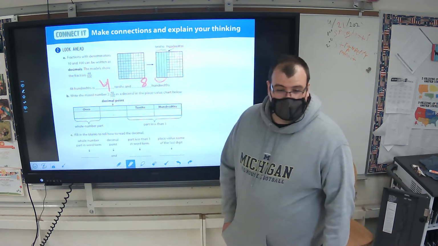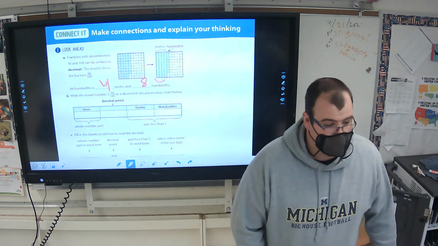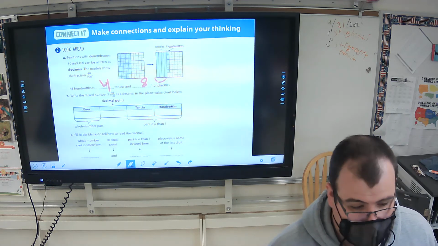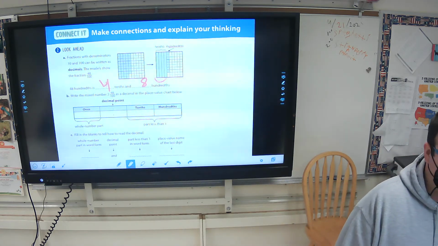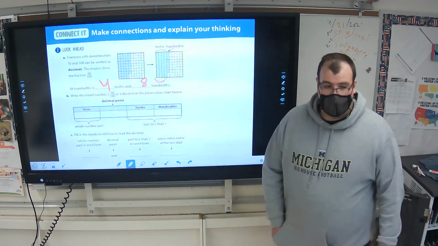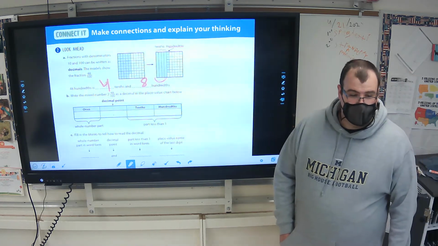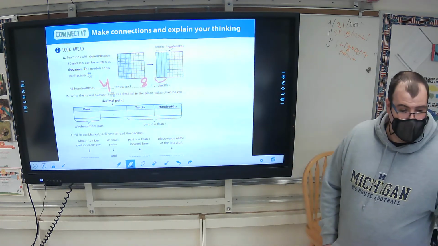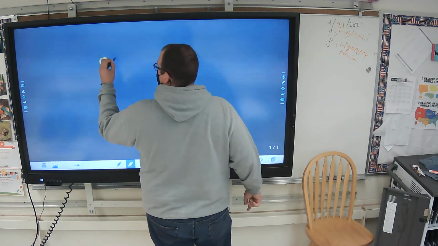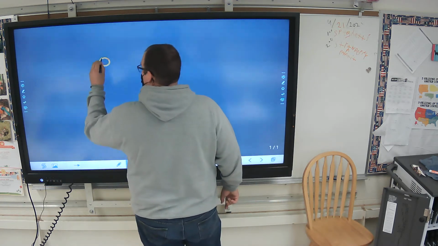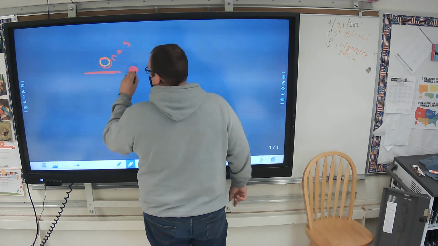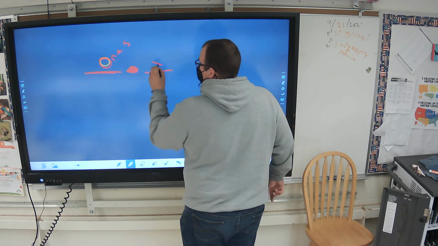Do you remember when we talked about place value of decimals at the beginning of the year? What's the first place value to the right of the decimal? What do we call that? No, not the ones, the opposite way. Not the hundredths, not thousandths, it comes before the hundredths. Tenths, right? So remember when we talked about this? We have our ones right here, right? Here's the decimal point. And then the tenths,